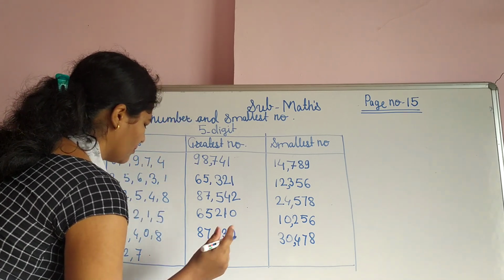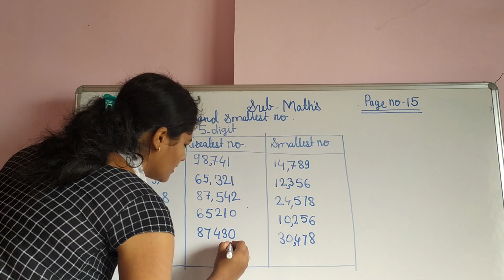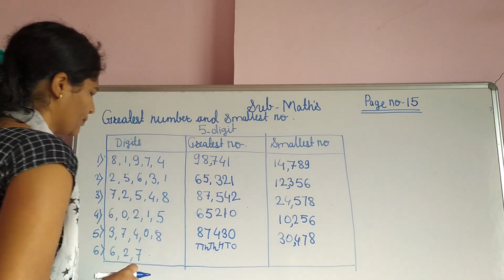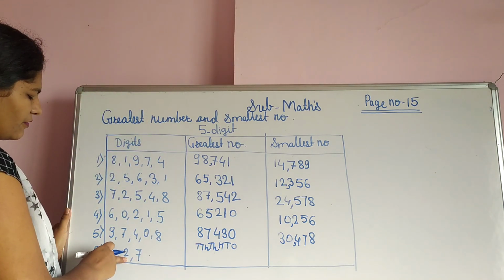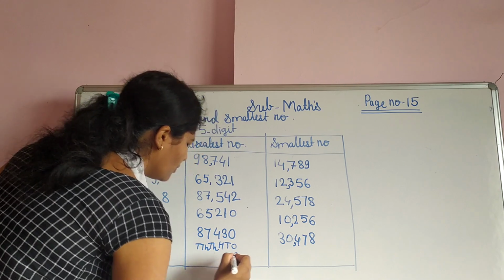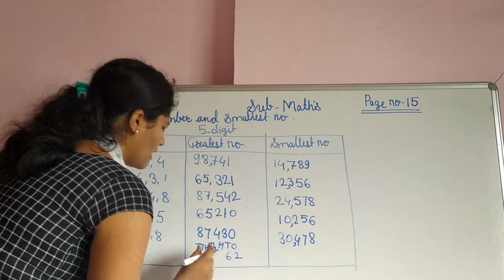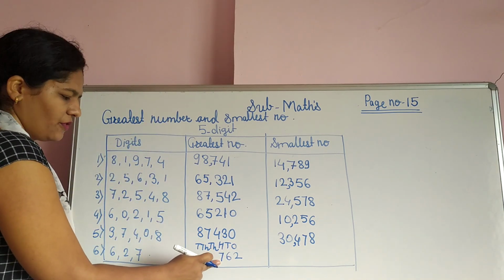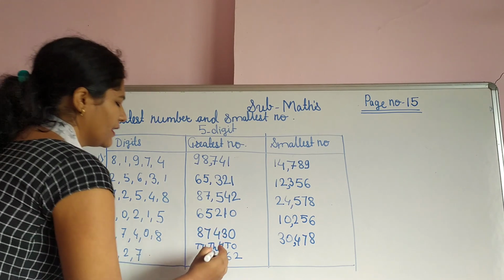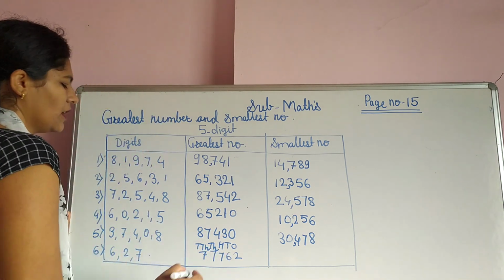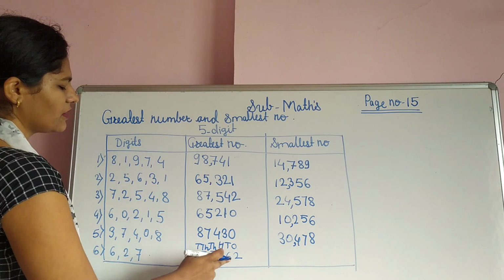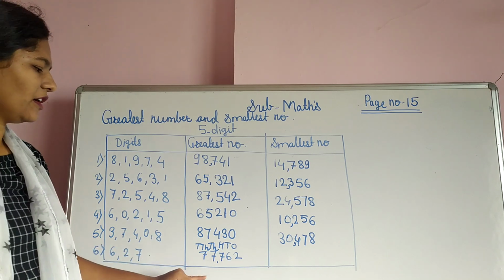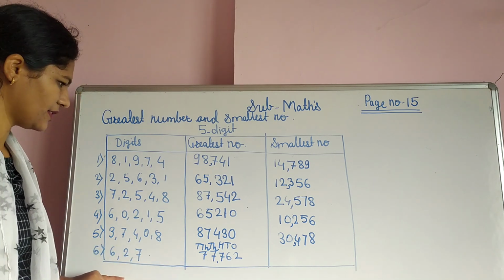See, we want 5 digit number, that is a ones, tens, 100, 1000 and 10,000. So ones place we write smallest number, that is a 2, tens place 6, 100 place 7 and remaining 2 places we write which digit is a big. Which digit is big? On that places we write that same digit. So what is the number? Number is 77,762. So this is the greatest number and we get here 5 digit number from these 3 digits.